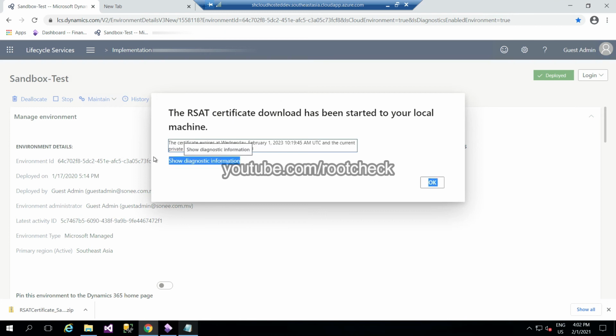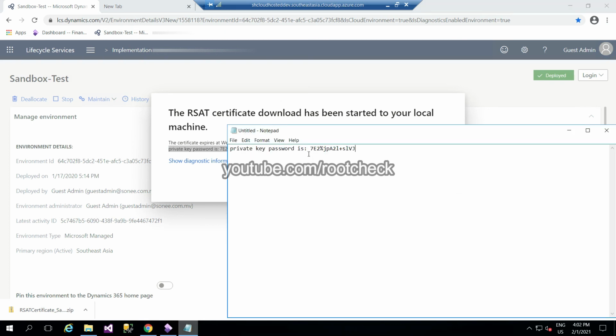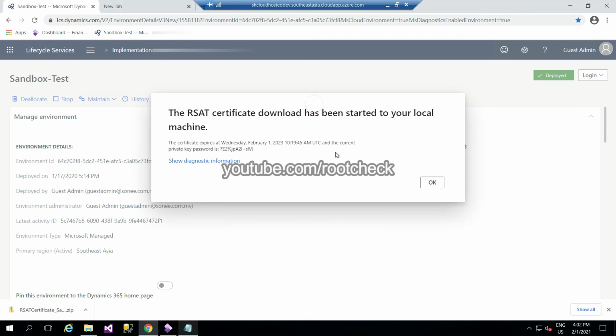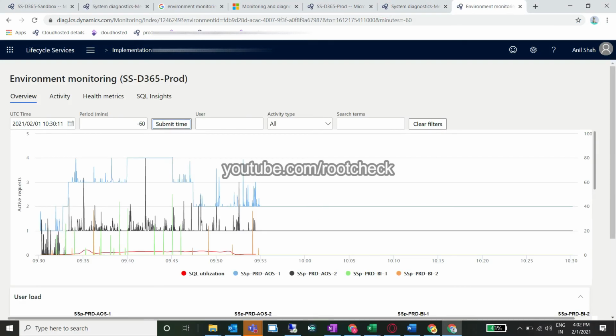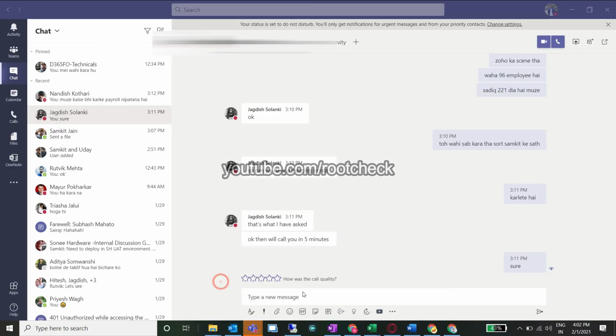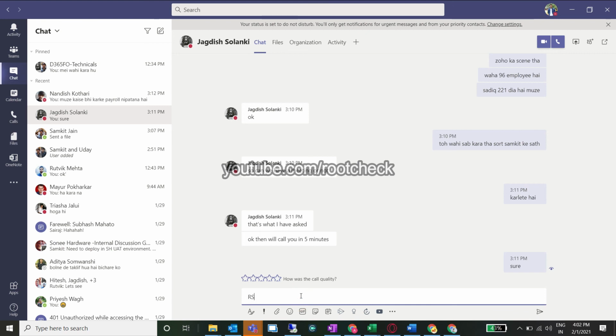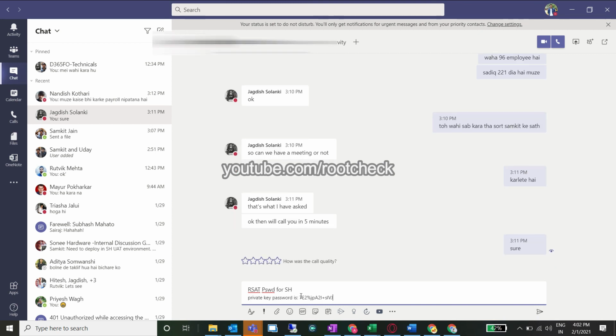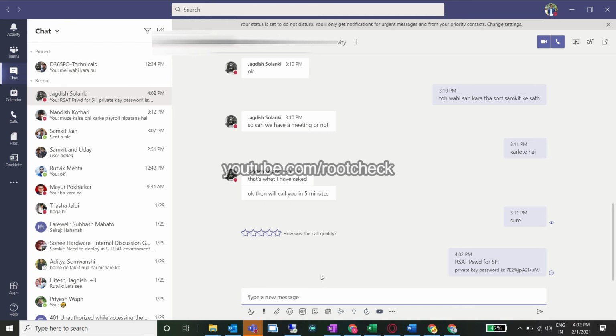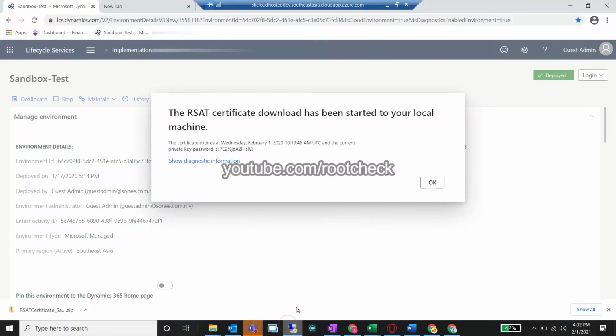So just copy that in the notepad, and after this, when you have downloaded the certificate, you need to install the certificate in the machine where RSET is installed. It is a little bit different than the cloud hosted environment process, where you would install that to the server on which we need to perform the test.